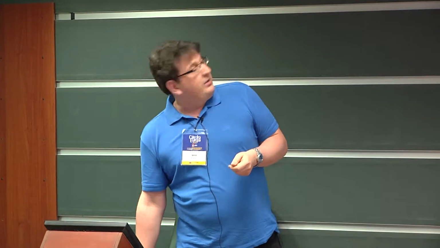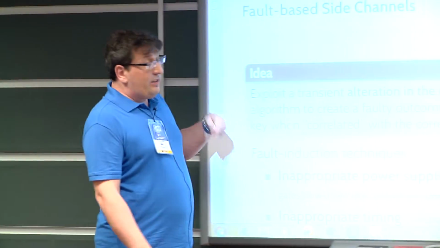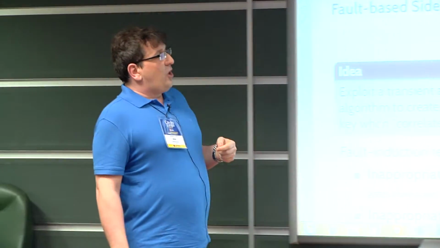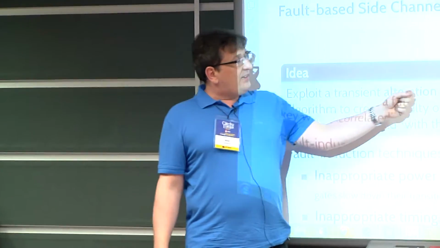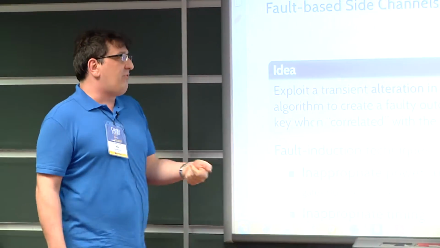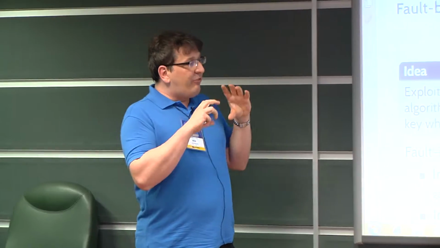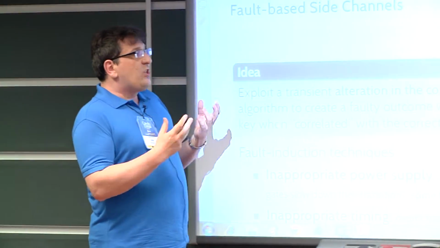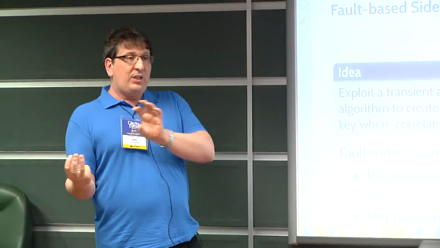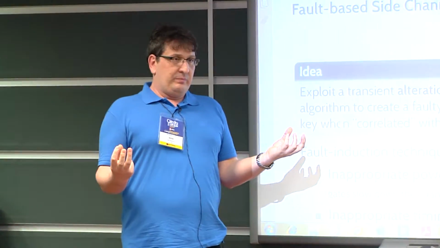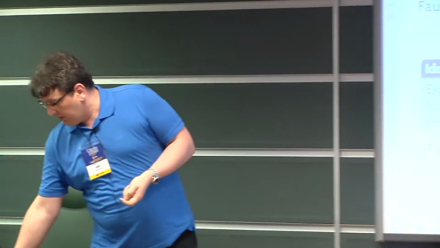Finally, we have fault-based side channels. The idea is that the attacker, in this case, takes an active role, and he can exploit transient alteration in the computation of the cryptographic algorithm to create a faulty outcome which leaks information on the secret key when you correlate the faulty outcome with the correct one. So